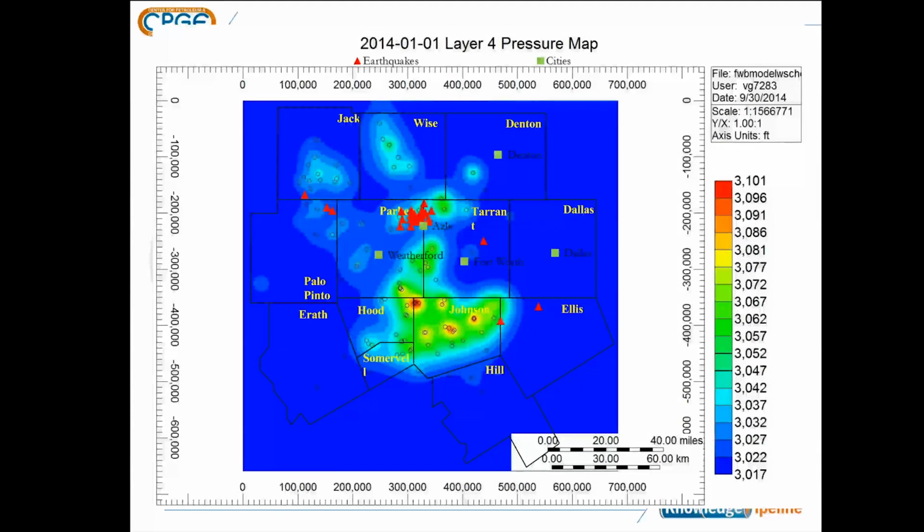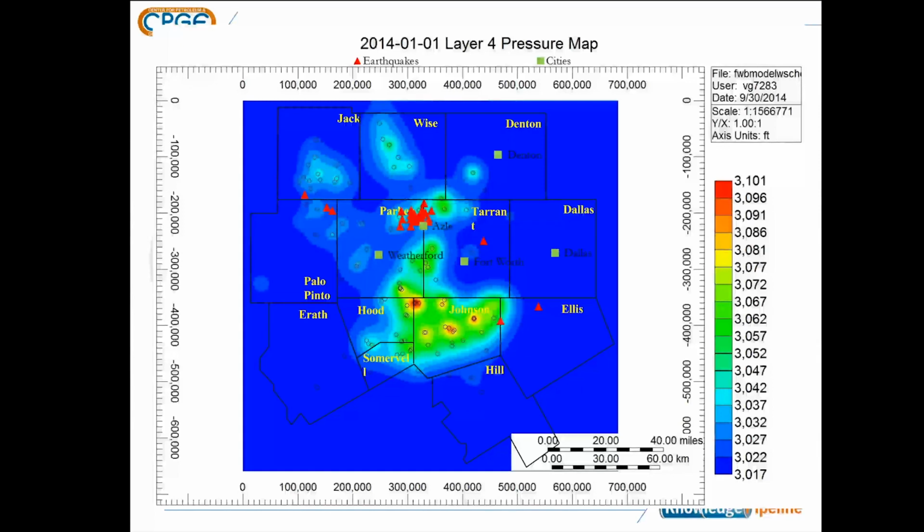All those red triangles up in the middle of the diagram near Azle are locations of earthquakes. You can see that there are some earthquakes in an area of increased pressure. One of the big challenges for prediction is exemplified by this diagram, though. There's broad areas that have increase in pore pressure. Only very, very few places actually have earthquakes. And the question is, why do we get earthquakes in some places and not in others? Every injection well, 99.9% of injection wells don't cause any problems. Why do the very few actually cause problems? And so that's part of the research that we're working on.